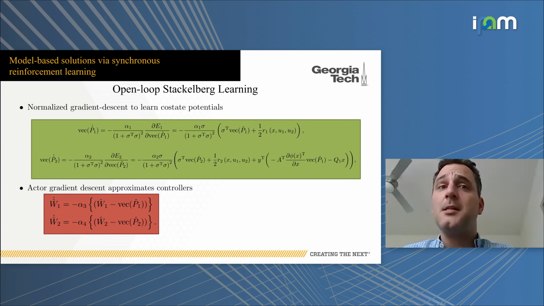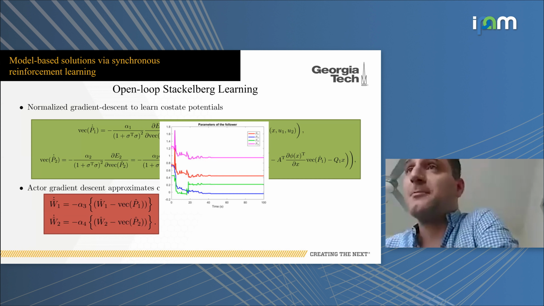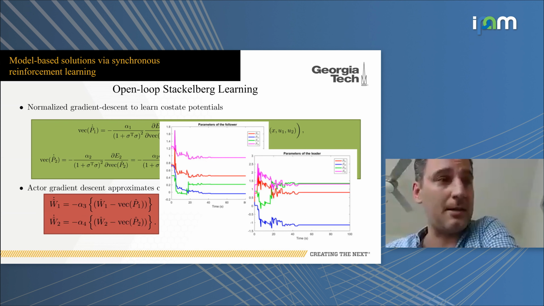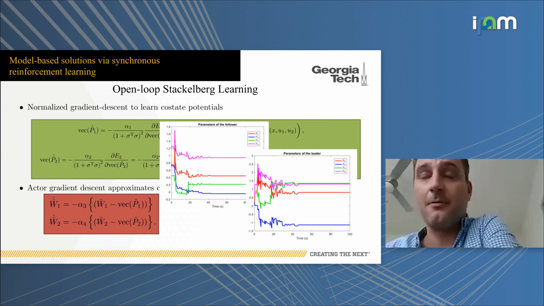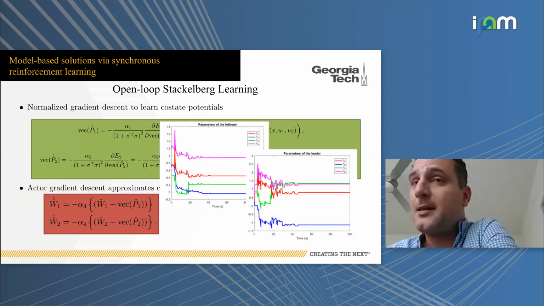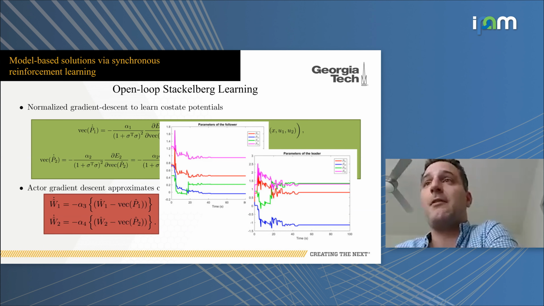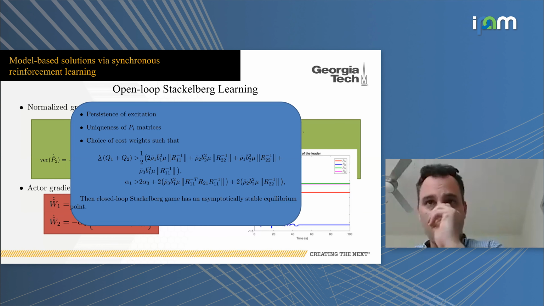We converge to some scenario, and then we compare it with some work by Tamer Basar from Illinois. We eventually solved it online. These are plug and play techniques, and we converged online to the offline solution. We also provide proofs for asymptotic stability of the equilibrium point given certain conditions on the weighting matrices.